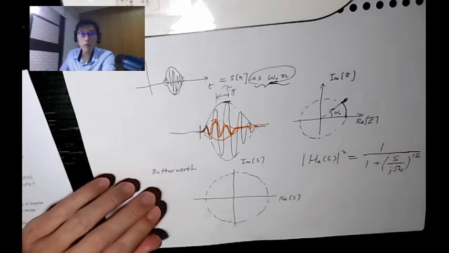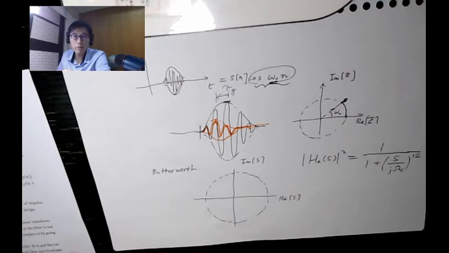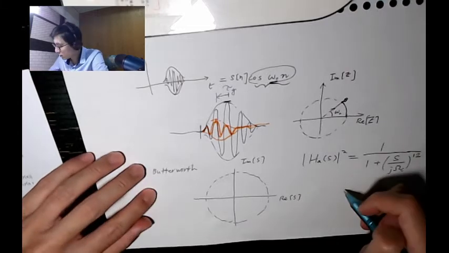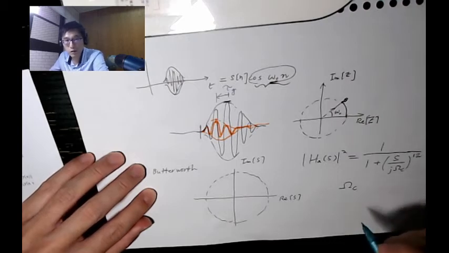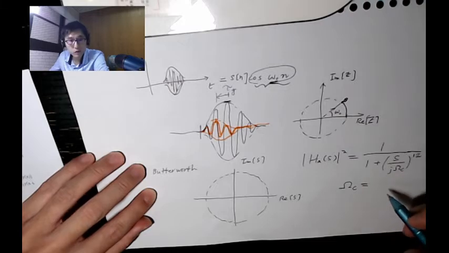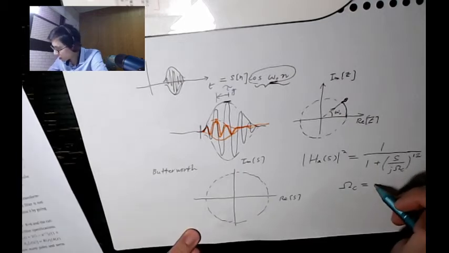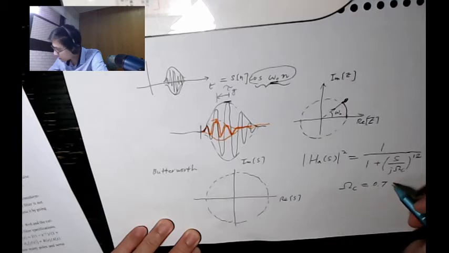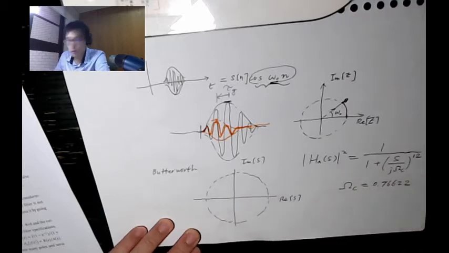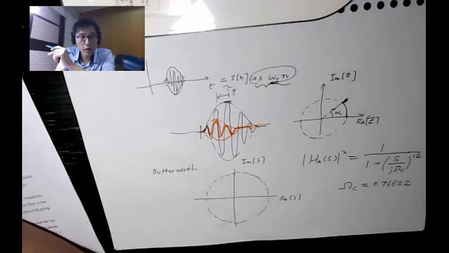It's been figured out that this will satisfy the design specification. In the video, Professor Rosenheim shows this, so let me explicitly write it down. The cutoff frequency in the continuous time domain is something like 0.76622, that will work. If you just convert this filter to a discrete time filter, it will satisfy the specification in the discrete time domain.